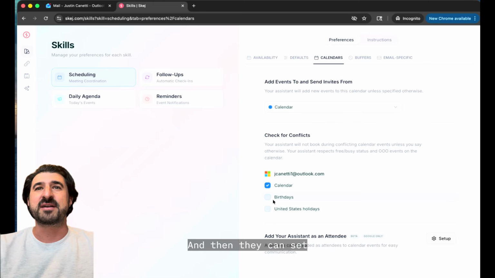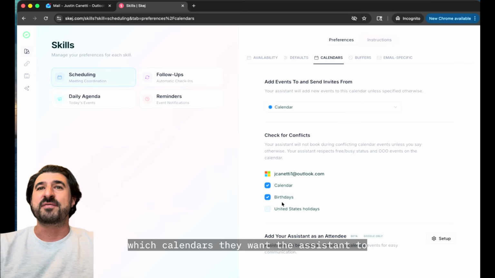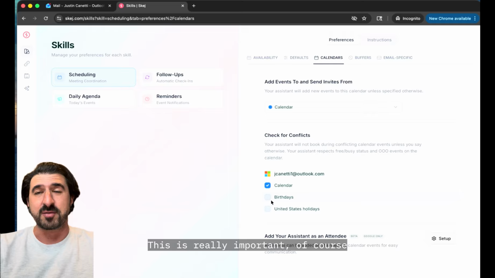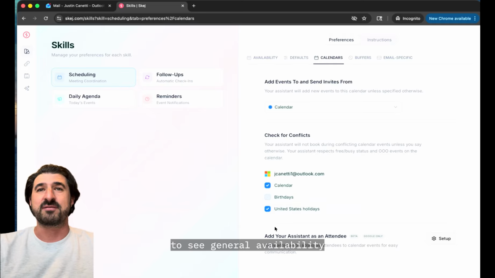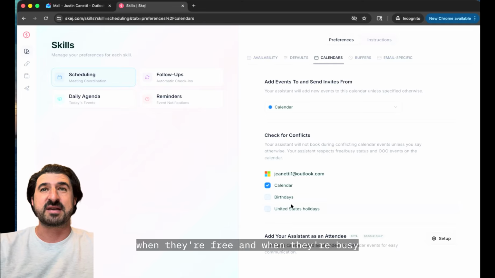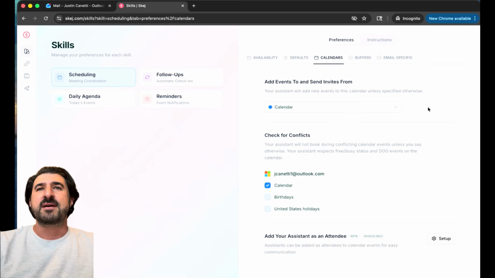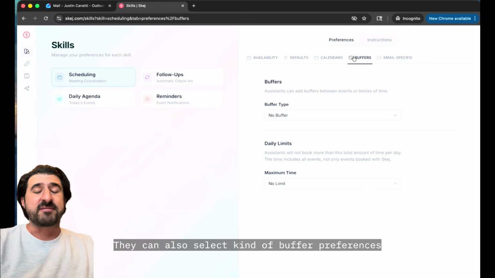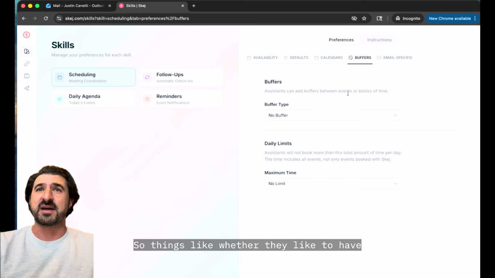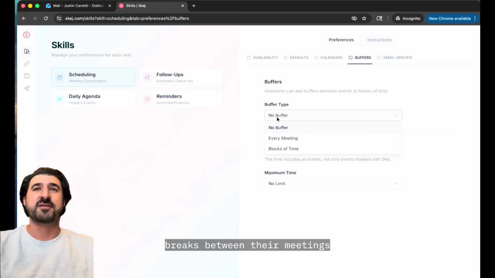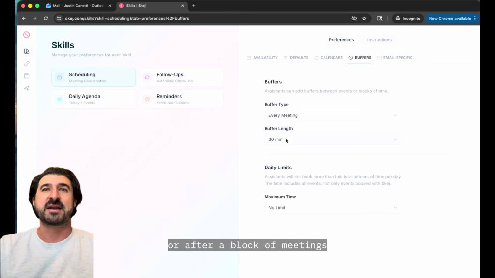And then they can set which calendars they want the assistant to check for conflicts. This is really important, of course, to see general availability when they're free and when they're busy. And so they can select their work calendar, any shared calendars. They can also select buffer preferences. So things like whether they like to have breaks between their meetings or after a block of meetings, or maybe